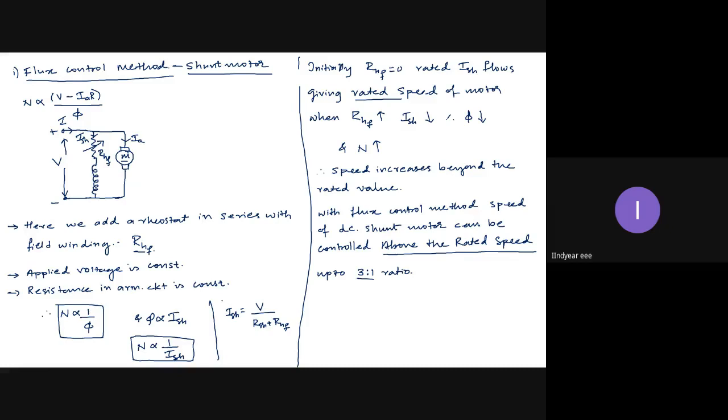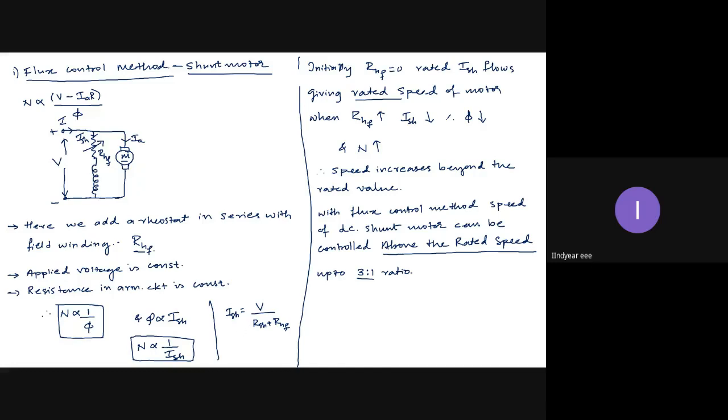The prime requirement of the motor is to operate it as a motor. But in a method of controlling it, I should not go to an extent where the motor action itself starts suffering. That point we call the field weakening point. So I should not increase the field rheostat or decrease the shunt current beyond the field weakening point.